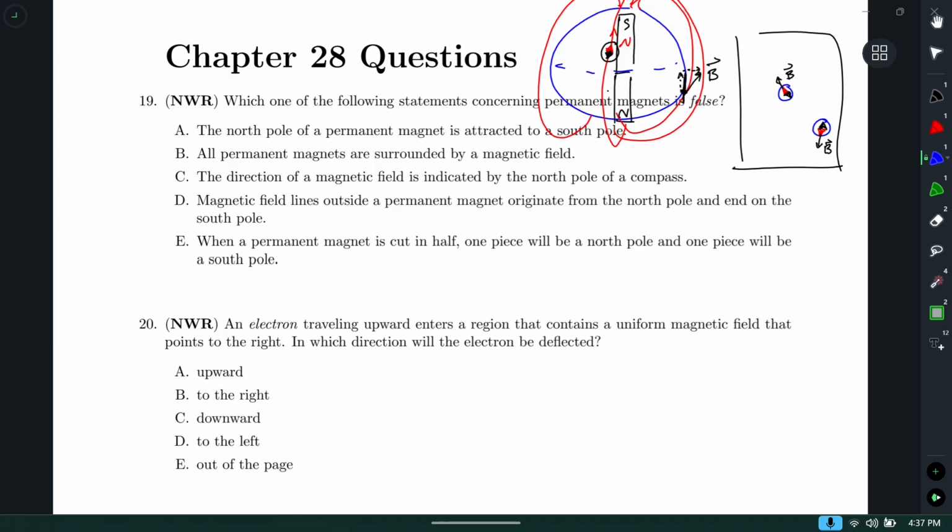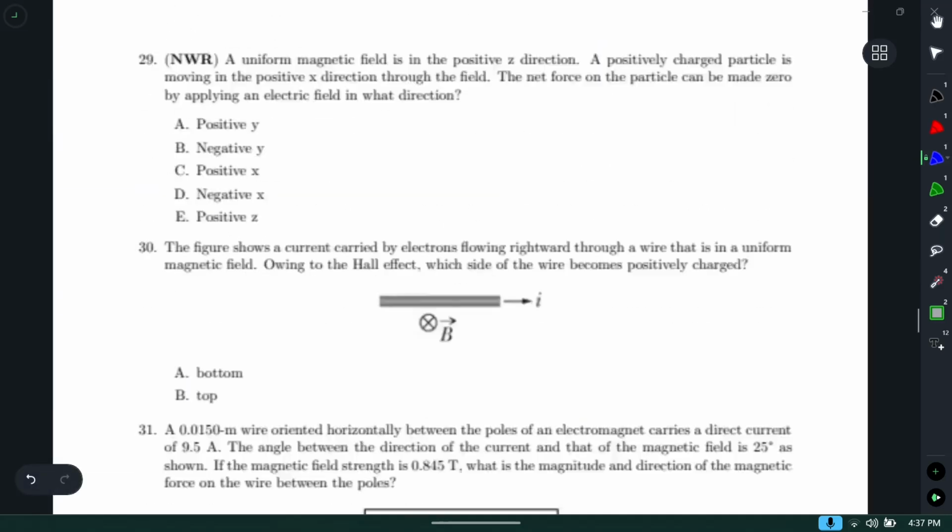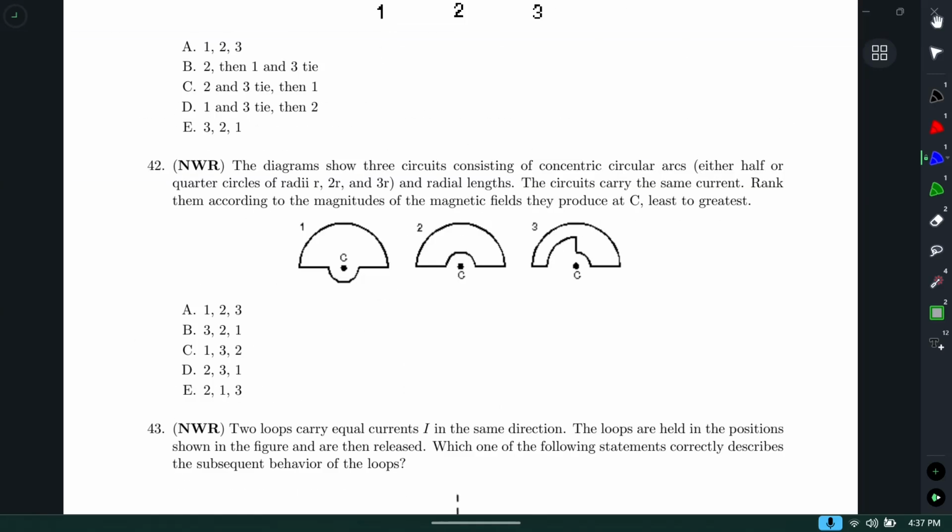Could you do 42? All right, so we have 3 arcs, either half or quarter circles, and radial lengths. Rank them according to the magnitude of the magnetic field, least to greatest. So I need to make sure I remember that. All right, so to me, this is saying a couple things. For direction,